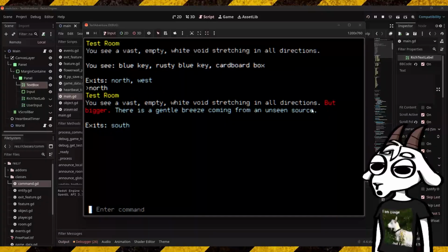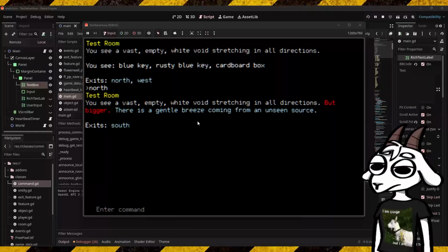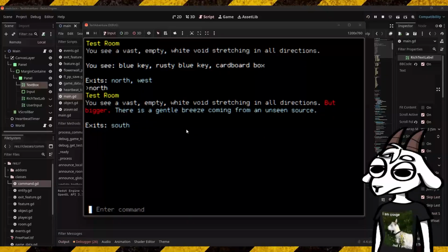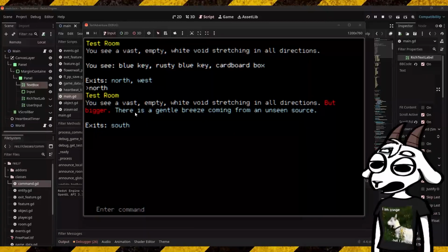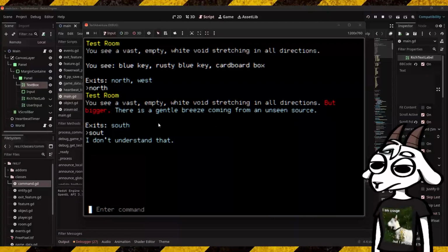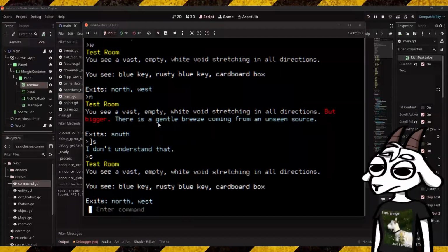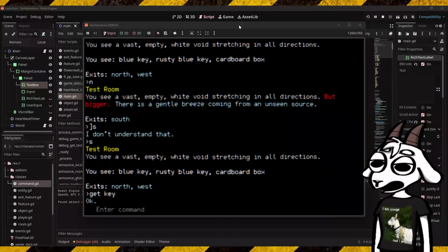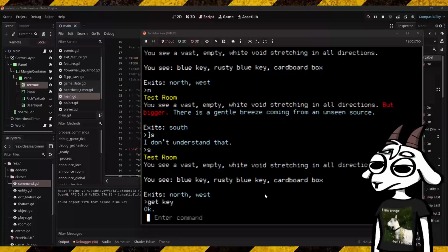This is actually a feature which is not part of the description. You could use that for static things, like if you had something like a vending machine that you couldn't pick up but you could interact with, you would use a feature for that. Let's see. Get key. It's not finished yet, but it can actually parse a sentence into verb, direct